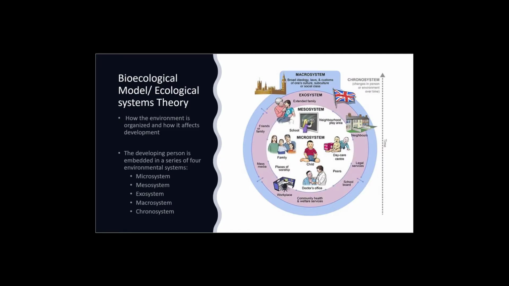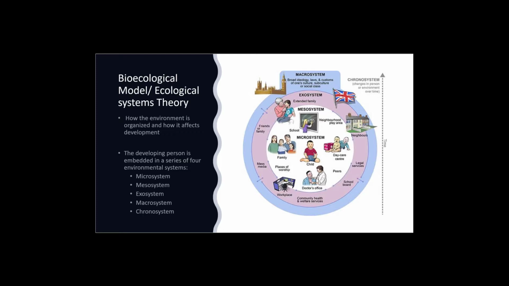So let's begin to make this a little more concrete: how the environment is organized and how it affects development. That is the bioecological model, or the ecological systems theories. They have different names. The developing person is embedded in a series of four environmental systems, and you can see here is a reasonable illustration